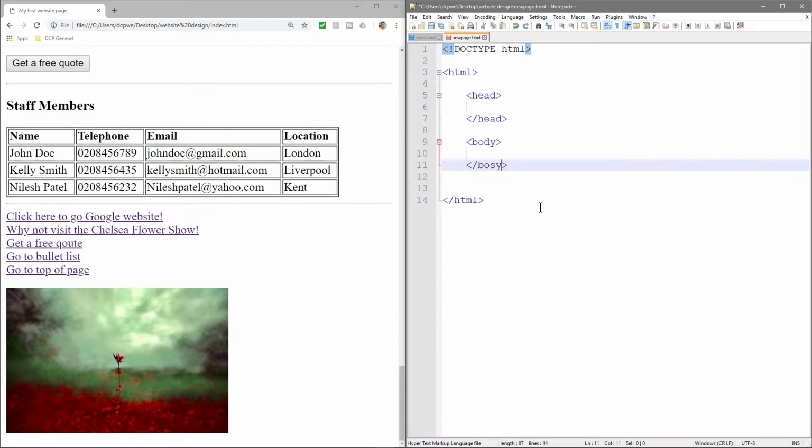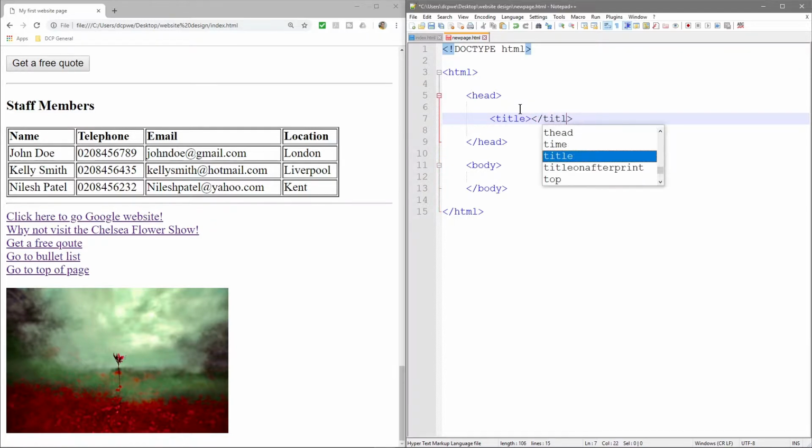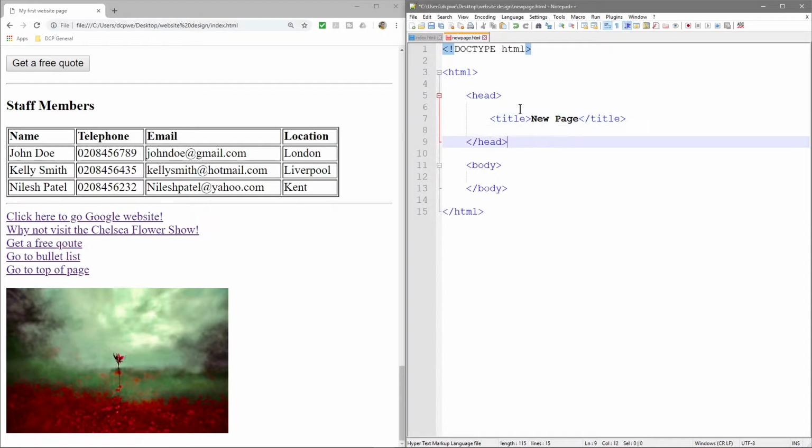So that is really right here. It's just the real basic format of an HTML page. You can see how quickly you can do that. It's very easy. Now inside that head tag, we need to create, what do we need? We need a title, right? Let's title this page, and we're going to call this new page, and inside of this body we'll create an